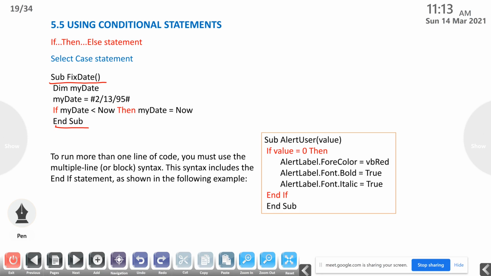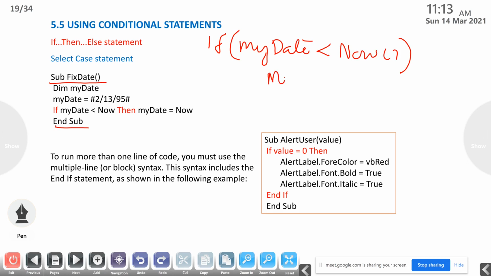In JavaScript we use it like this: if, then within brackets myDate less than the date function, for example the Now function. We are using this much. Then after that there is only one statement, so we are not using the open brace and close brace: myDate equal to Now.